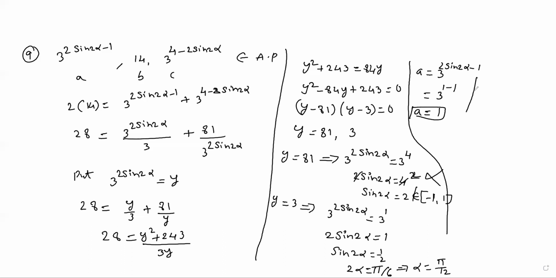Next we need common difference. First term is 1, second term already 14 is there. That's why D we can do easily, that is 14 minus 1, 13. What they're asking? Sixth term, A6 we need to find out. That is A plus 6 minus 1, 5D. Now A value 1, 5 into 13, that is 65. Total value 66. That is option A is the correct one.